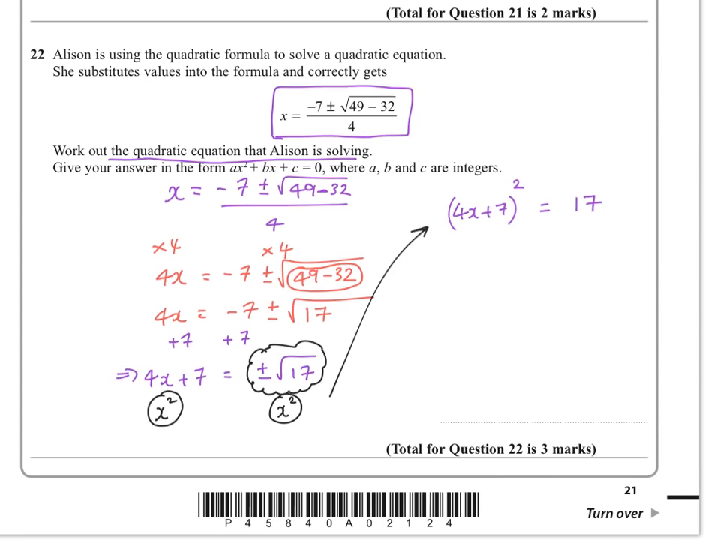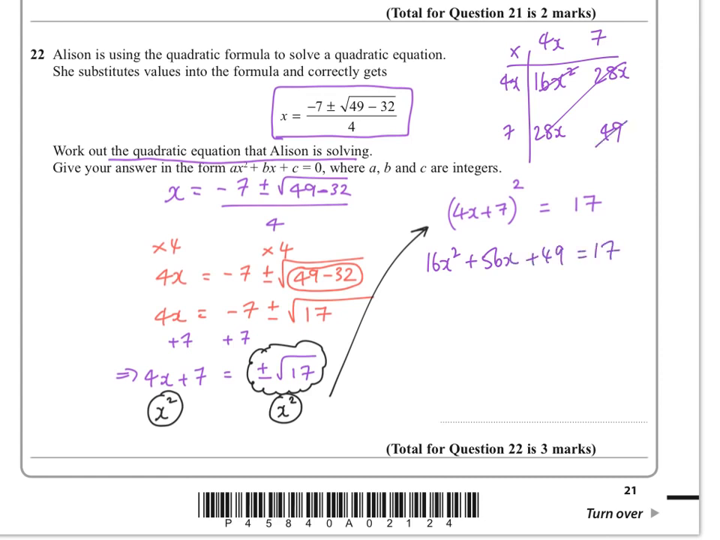So from here, I can multiply out the bracket on the left-hand side, and let's see what we'd get. You can do a little grid up here. So we'd have 4x plus 7 multiplied by 4x plus 7, and we'd get 16x squared, 28x, another 28x, and 49. So 16x squared plus 56x plus 49 equals 17. And then last but not least, we can take 17 off both sides, and that would give us 16x squared